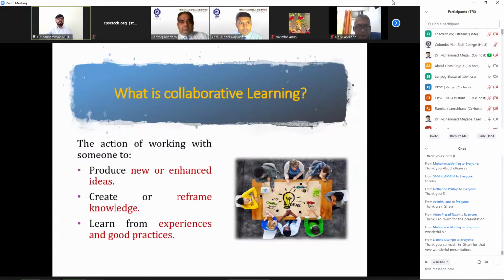In this particular domain of teaching and learning, it is a two-way process, and the success depends on the surety of knowledge from the learners. The next main ingredient of collaborative learning is to create or reframe knowledge. Among the beliefs and theories associated with pedagogy, the constructivist belief and approach to teaching and learning shows how we can develop new ideas and reframe knowledge based on our prior experiences,